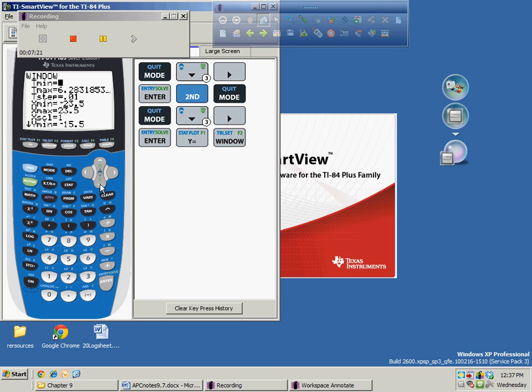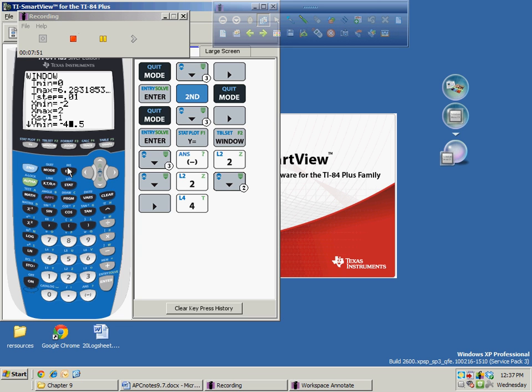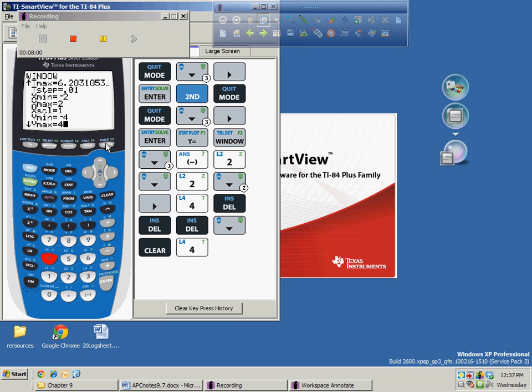And the x min, this is set from a previous problem. So since I know that x only goes from -1 to 1, let's set that from -2 up to 2. And so I can see my whole graph, since I know that y goes from -3 to 3, I'm going to set that to -4 up to 4, just so I can see everything. And then if I hit graph,